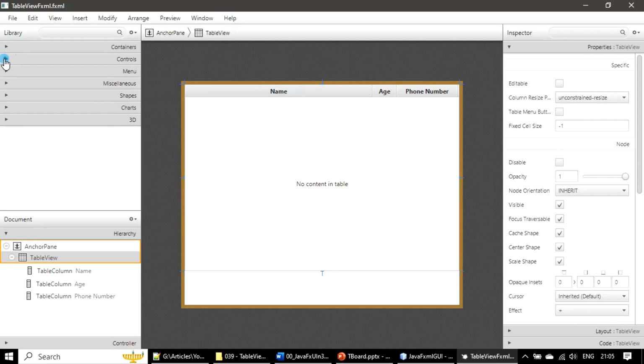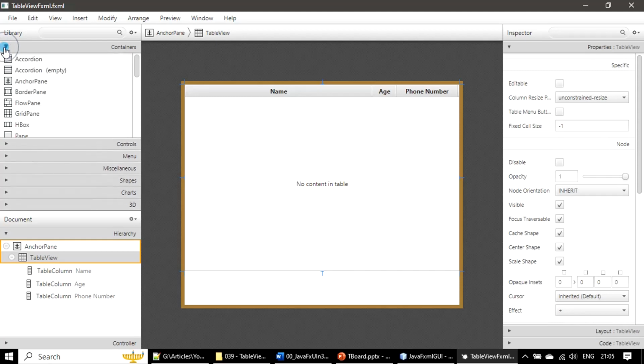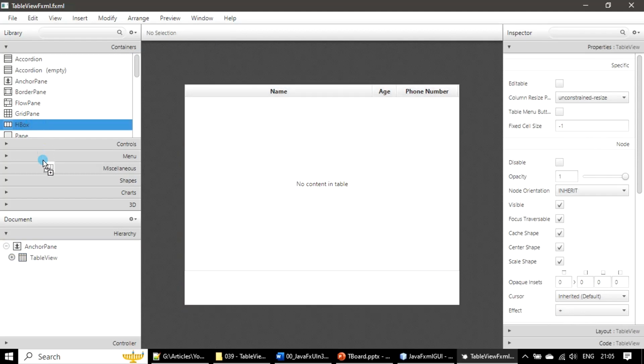So controls, I am collapsing it, container, HBox. We should not place the HBox inside the table view, but it can be part of the anchor pane. So let's drag and drop it over the anchor pane,